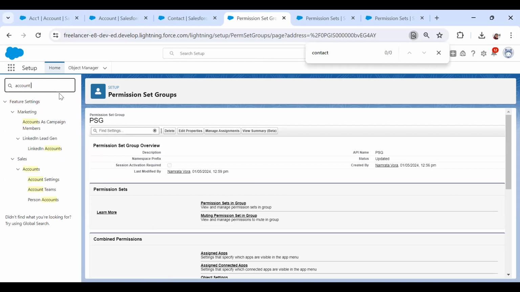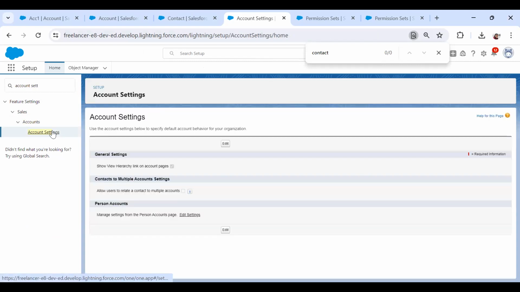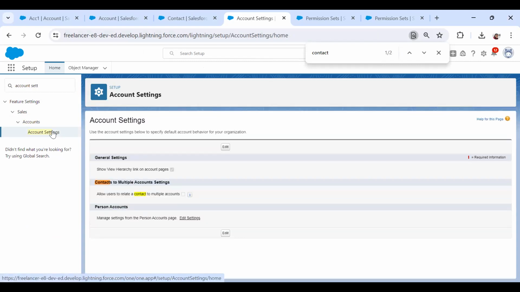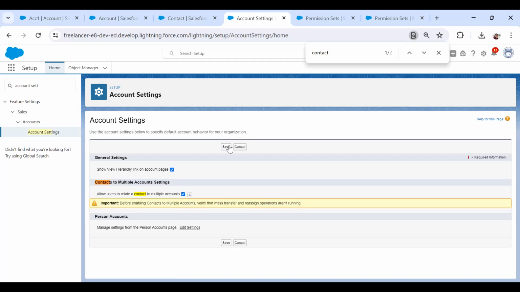You need to go to the account settings first. We know that account is the parent and child is contact, so one account can have multiple contacts. But I never knew that for a single contact, we could have multiple accounts. And how to do that is what I'm showing. You need to go to setup, go to account settings and edit. And here you will see "allow users to relate a contact to multiple accounts." So once I check this and save this,